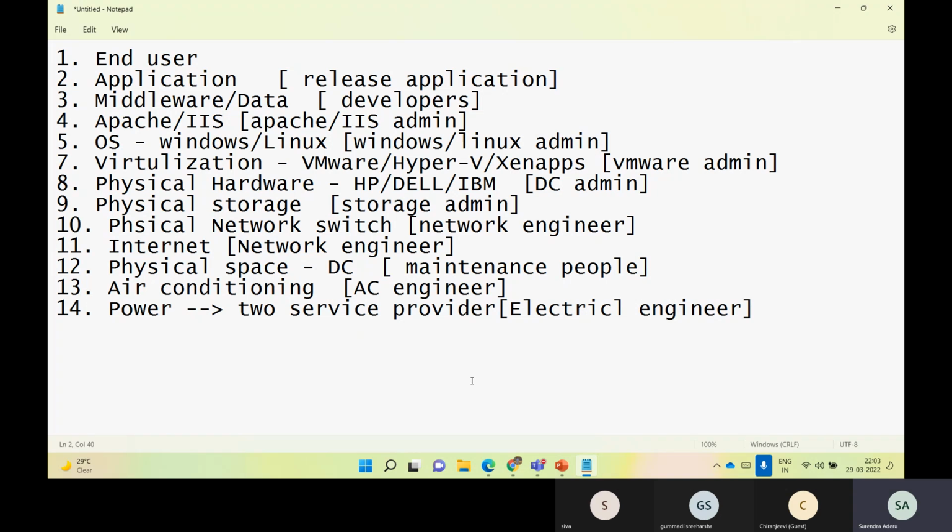For that, you don't need to make any kind of investment. You just go and subscribe for a service, use it for an hour. If you're not willing to proceed further, you delete the server or service. You pay only for that particular 1 hour.